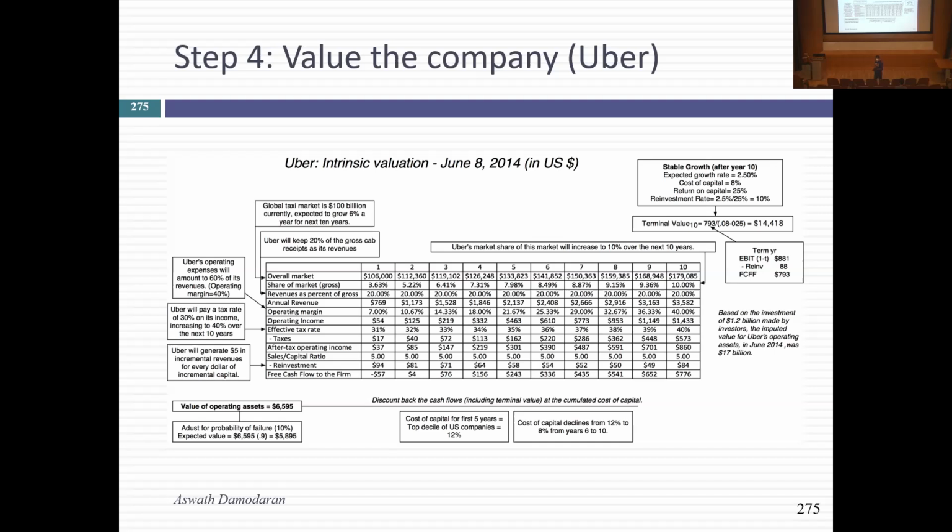And she said, are you telling me they're wrong? I said, I'm telling you nothing of the sort. I'm saying with my story, I can't get to 17 billion. Maybe you need to ask them what their story is. That's really what I would argue for. Don't tell somebody that they're crazy for paying 30 billion. I would tell somebody who's paying $3,000 for a bored monkey, you're crazy. But if you're paying 3 billion for a company, I'm not going to rule out the possibility that you have a much bigger story than mine.